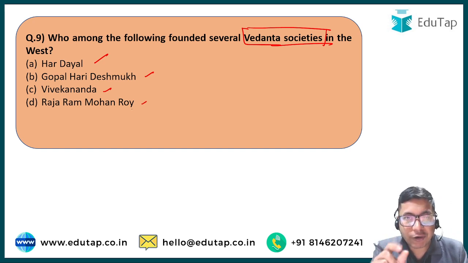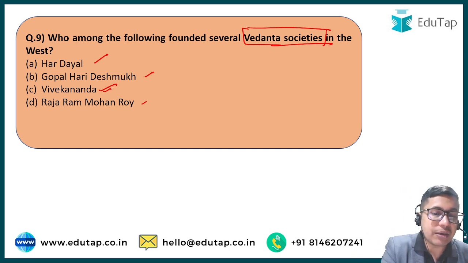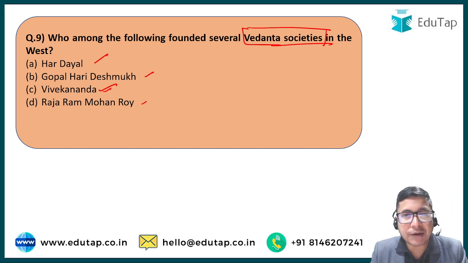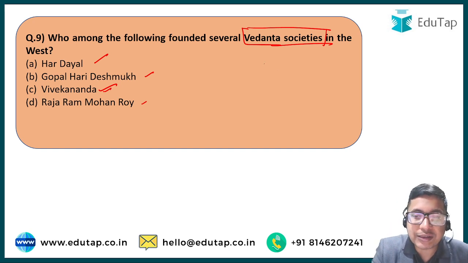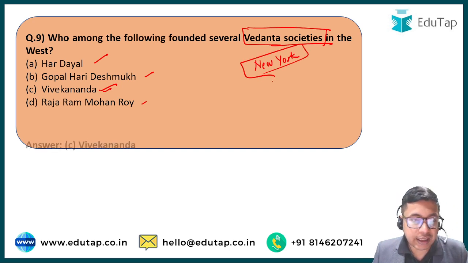The philosophy of Vedanta got popularized after Ramakrishna Paramahans. He propagated this philosophy, and one of his most famous and important disciples is Swami Vivekanand. Swami Vivekanand traveled all throughout the world, and he opened and inaugurated several Vedanta societies in different parts of the world, especially in North America, also in Europe and South America. He established the Vedanta societies. One of the first was the New York Vedanta Society, organized by Swami Vivekanand. So the correct answer is option C.